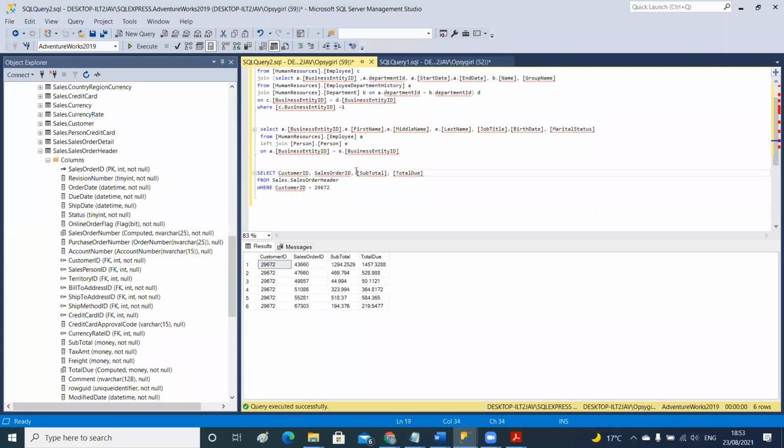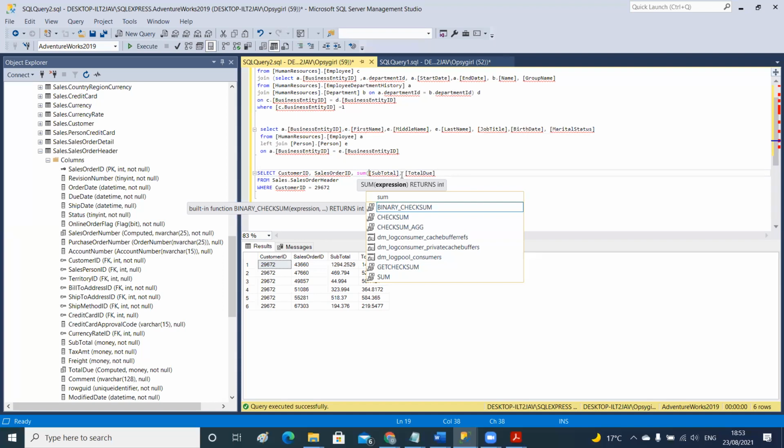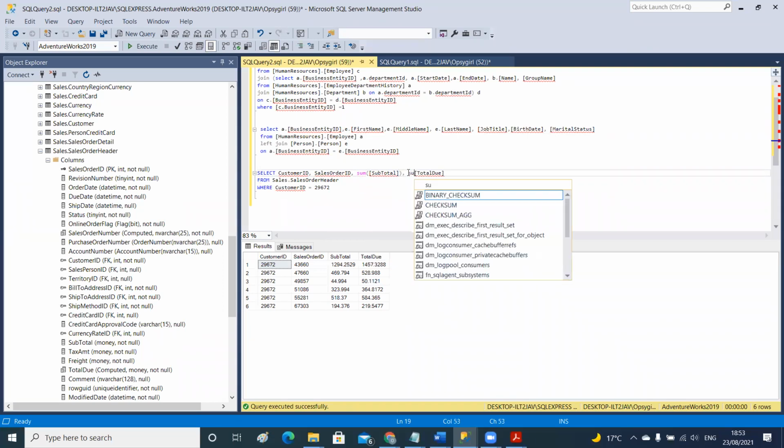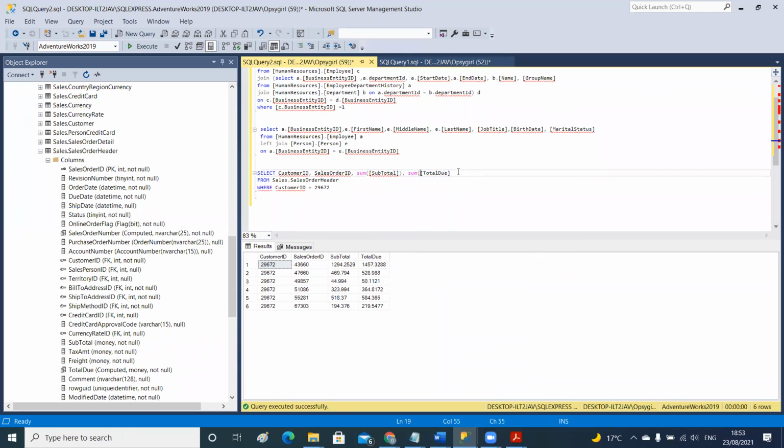There are some functions I haven't taught us, which I would bring up during our demo classes. So now I can sum on all the sales that this customer has made, but because I'm using the sum function, I need to group the other